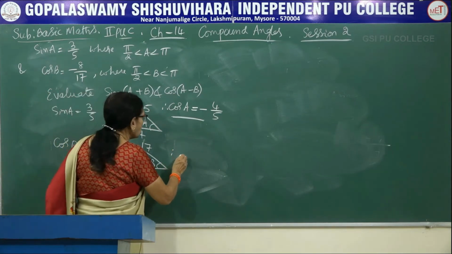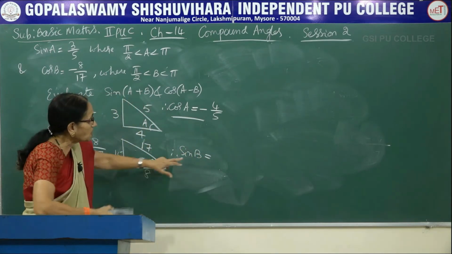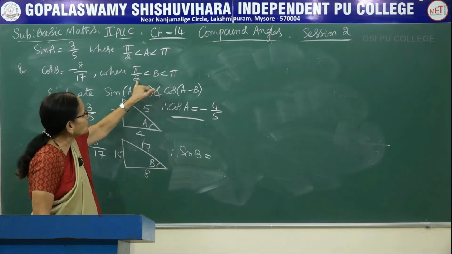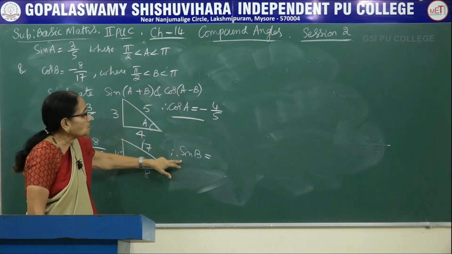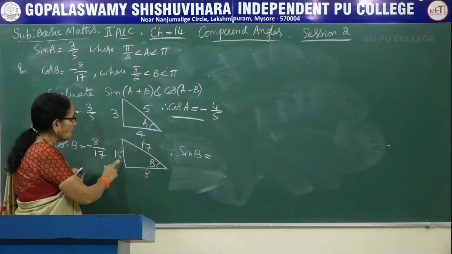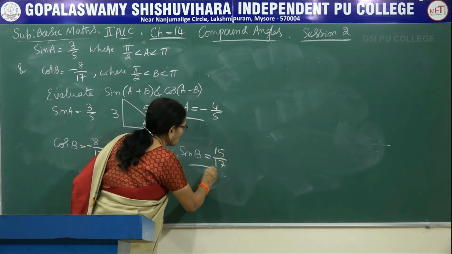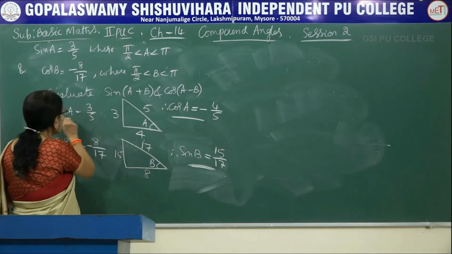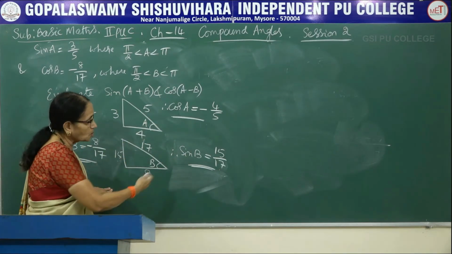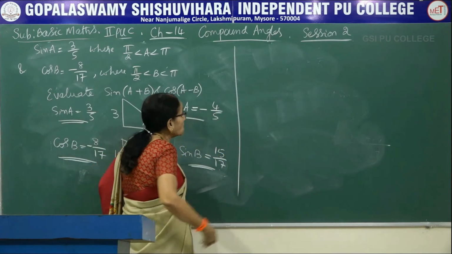Now let me calculate. See, cos B has been given. Let me calculate sin B. While doing the calculation, look at the angle where it lies. Now B is also lying in the second quadrant. You know that sin is positive in the second quadrant, so it will not become negative. So it is plus 15 by 17. See, these values are there. One was given, one we calculated. Second was given, third you calculated. Okay. Now let me come to the expansions of the respective thing.